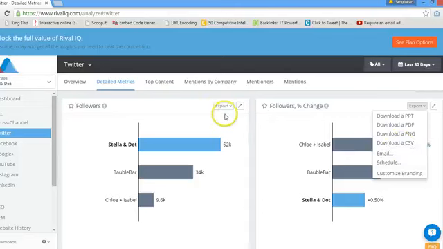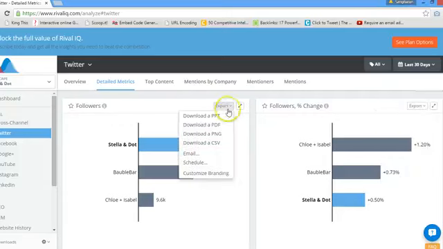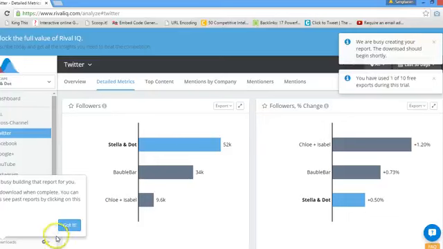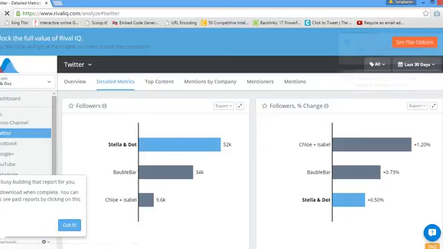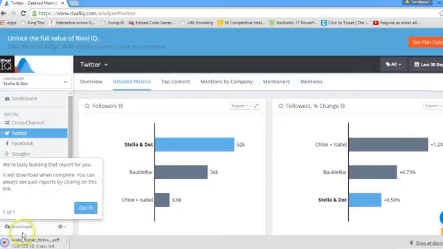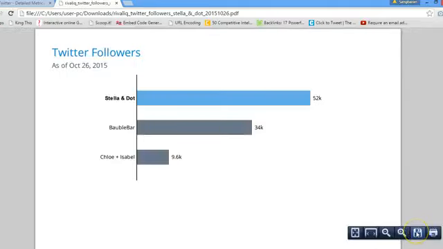Now when you do that, let me show you the next step. For example, if you want to download this as a PDF, let me download this as a PDF format, and just wait for a few seconds and the download will start automatically. And here is the download. So when you click that, your PDF format report will open, and you need to come here and save this report